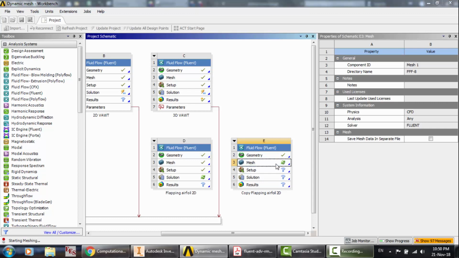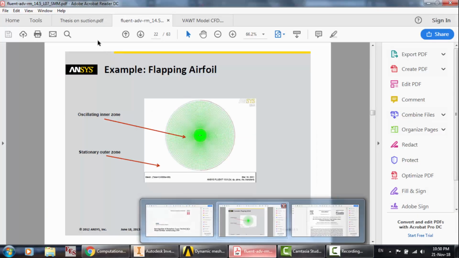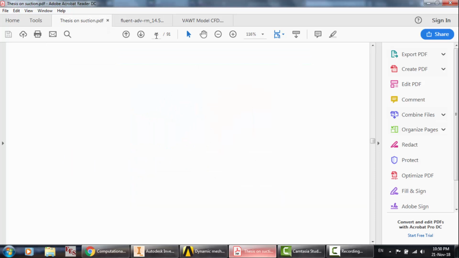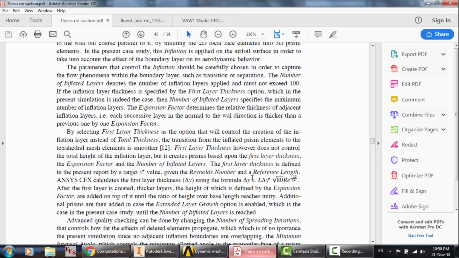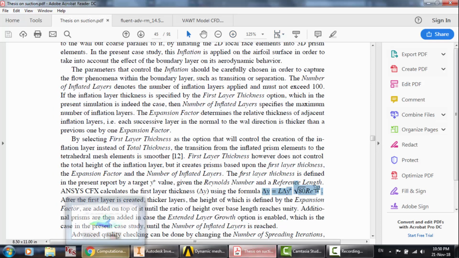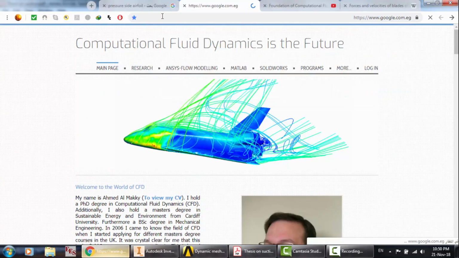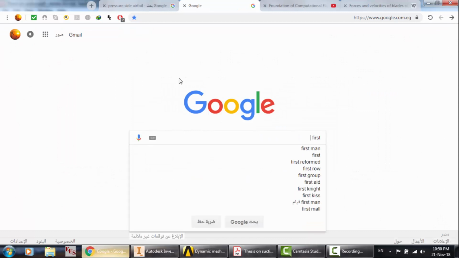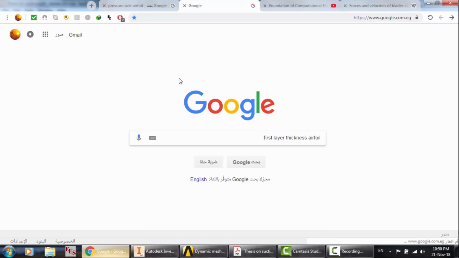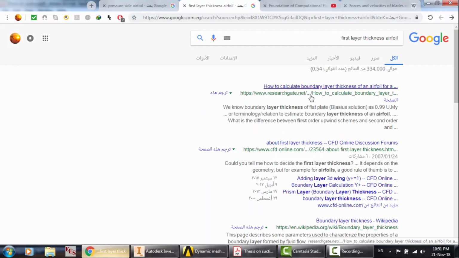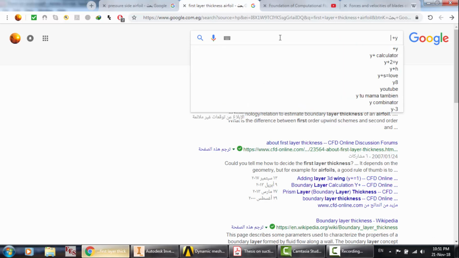As you know, meshing is a very critical step. You have to calculate the Y plus, of course, for the airfoil or the wind turbine you use. You can use this formula to get the first layer thickness. Okay, here is the first layer thickness. This airfoil, or in another meaning, the Y plus. How to calculate boundary layer thickness is very critical. It depends on the turbulence model you use. Y plus calculator